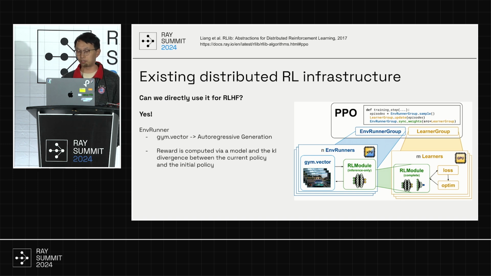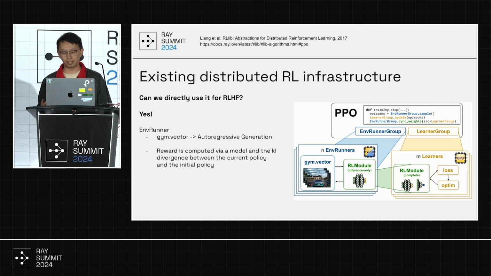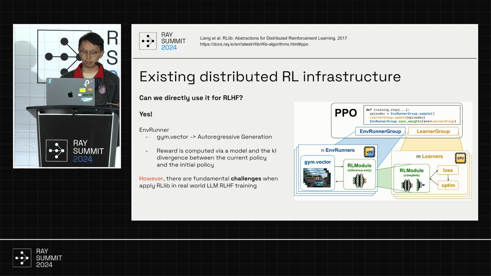So language model generation can be modeled as model-based RL. As we can see, we can simply solve this with existing infrastructures, but there are some problems with it. There are many challenges when we actually apply